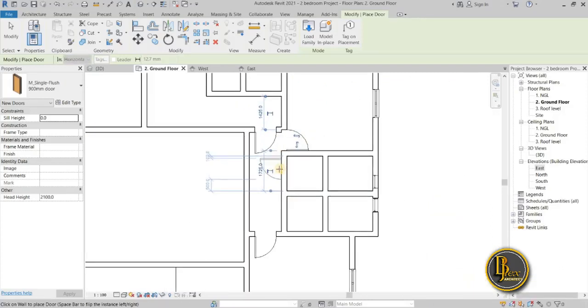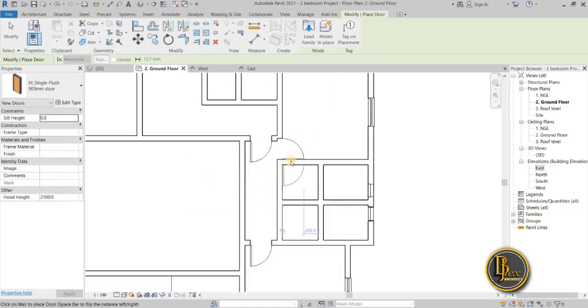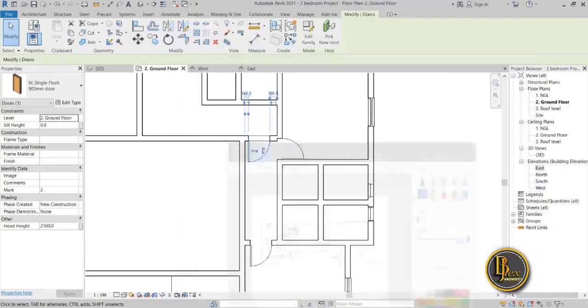So I don't think this door can be 900 millimeter. So let's just use, probably a 750 door here. Let's use a 750 door because this door